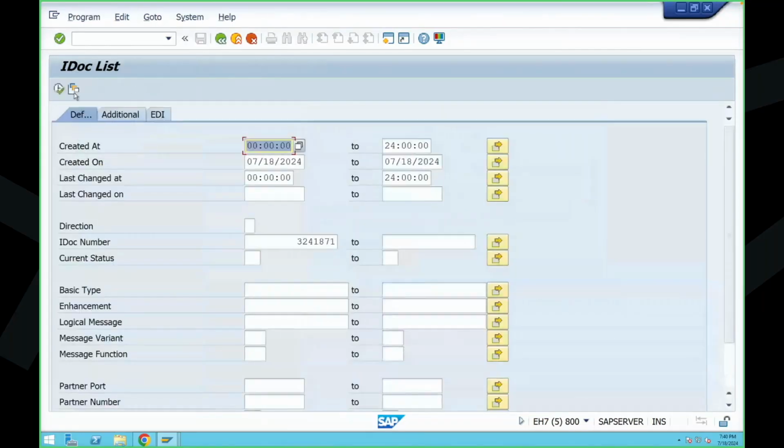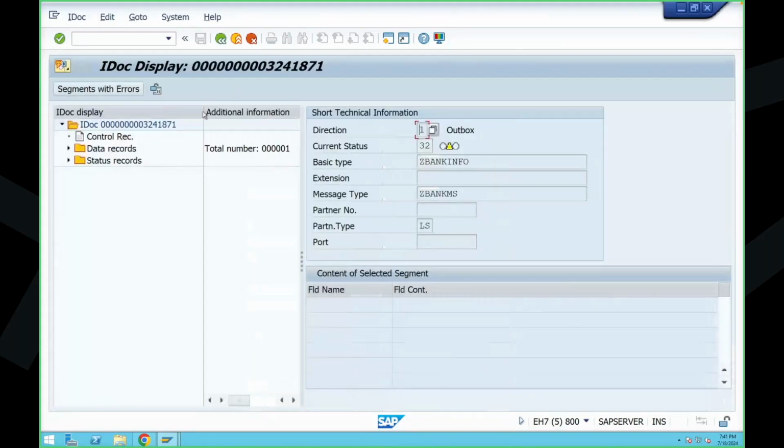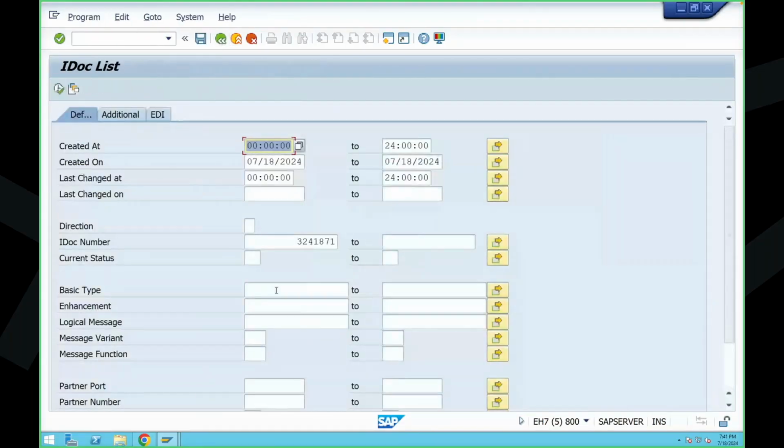So now execute. Still in 20. Okay, we have to change it back to 29. Okay, leave it. So normally when you have an issue with the IDOC, you can go directly and see the